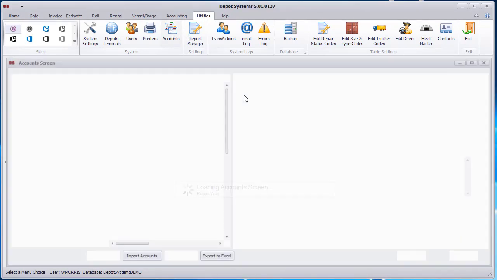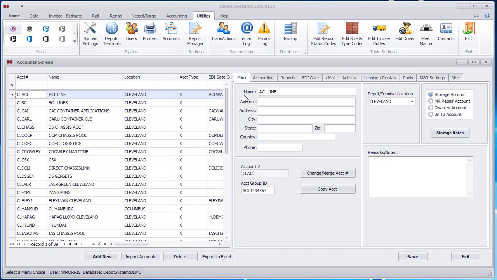In the system, we use the account screen to set up the accounts that your depots will manage. An account to our software is normally a steamship line, container leasing company, or a chassis pool. An account can also be for your own equipment or for other customers that you might store any type of containers or trailers or anything like that that you want to handle. In this example, for the steamship line, we have